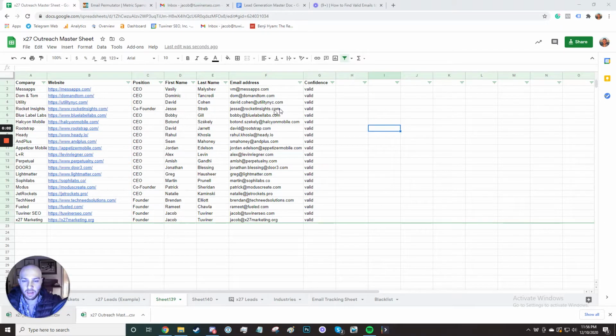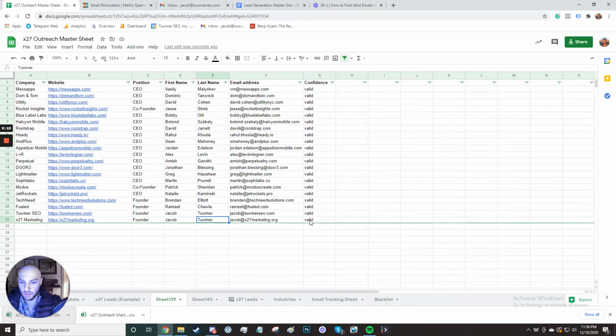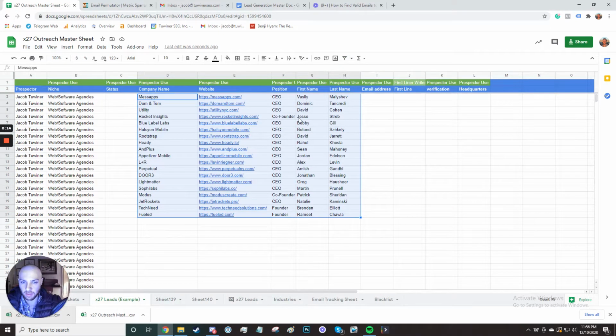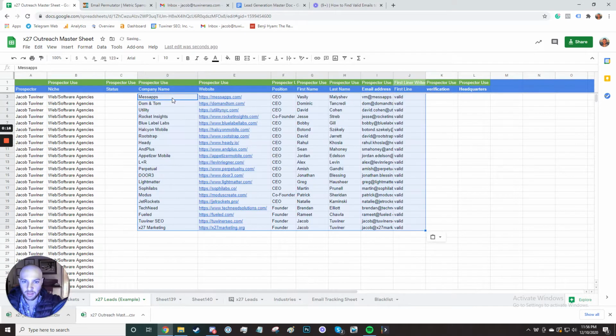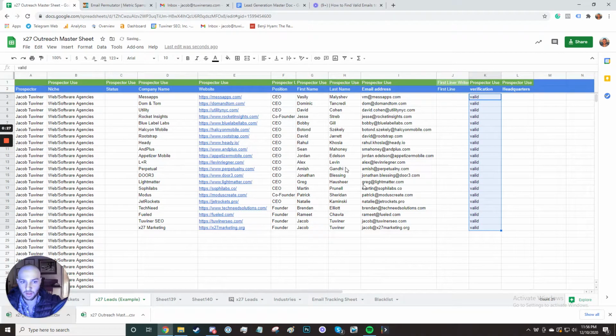Alright, now this is the last step in the process. What we're going to do, as you can see here, is paste the finished data with valid emails back into our main sheet. So I'm going to grab all this, copy. I'm actually going to delete what we have here and replace it with what we just found. And I'm going to move this over here, copy it into the verification column, and now we have found